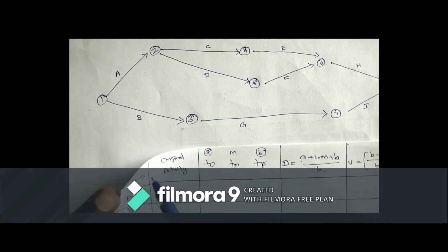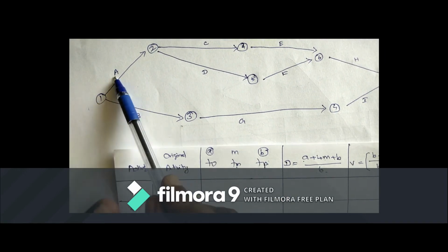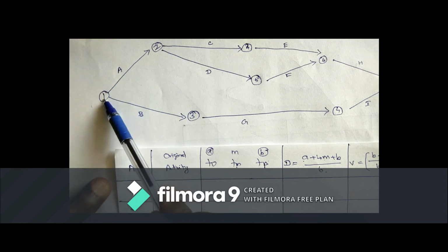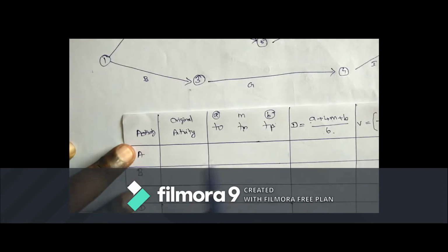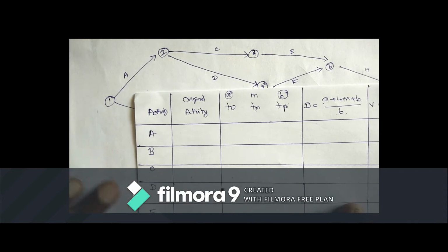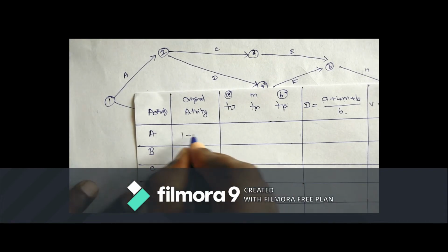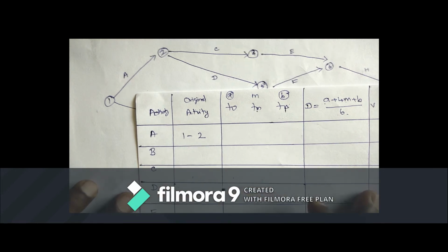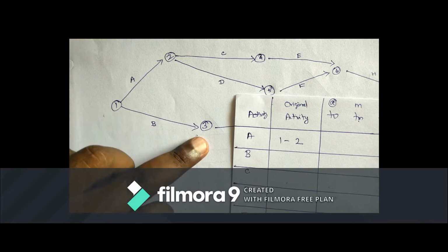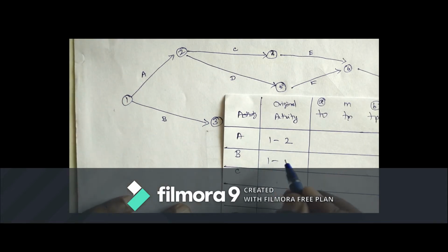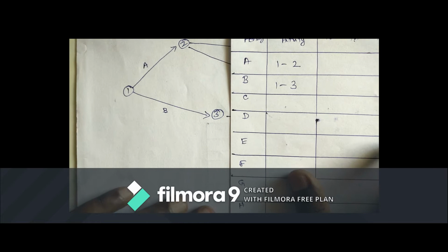So what is the first one? Where is A? Here. What are the node values? 1 and 2. So this is the node value of A, 1 to 2. Where is B? Same way. B is 1 to 3. And third, C